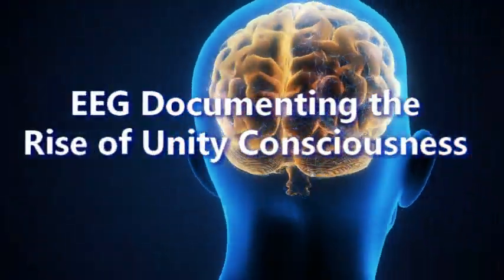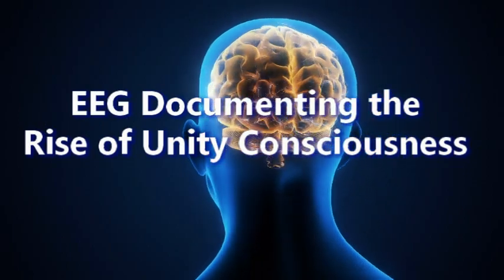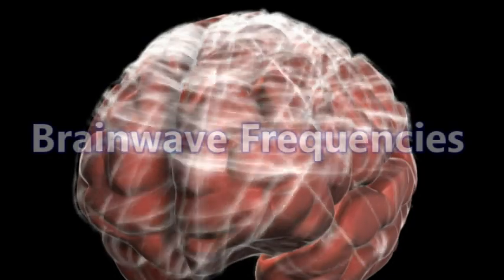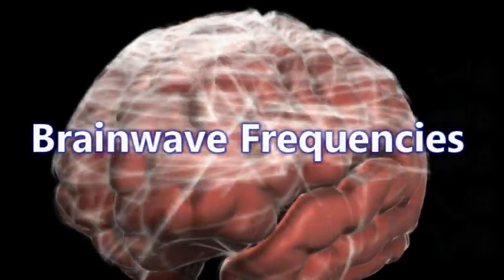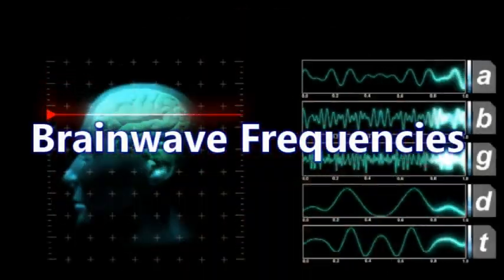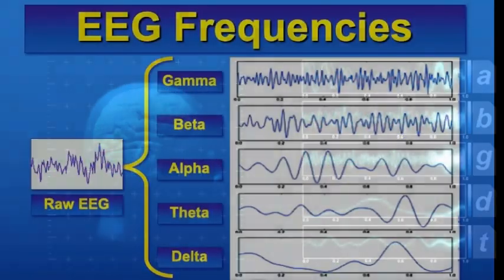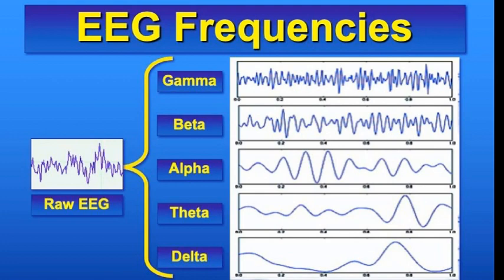EEG, documenting the rise of unity consciousness. The human brain is a dynamic organ of many brainwave frequencies. These frequencies are of different speeds and dimensions. The raw EEG of an individual can be used by a computer to be broken down into component frequencies listed